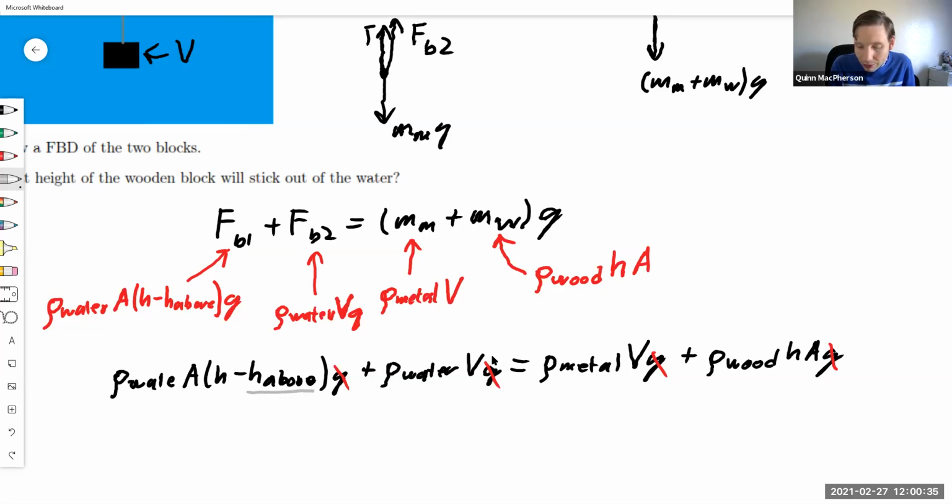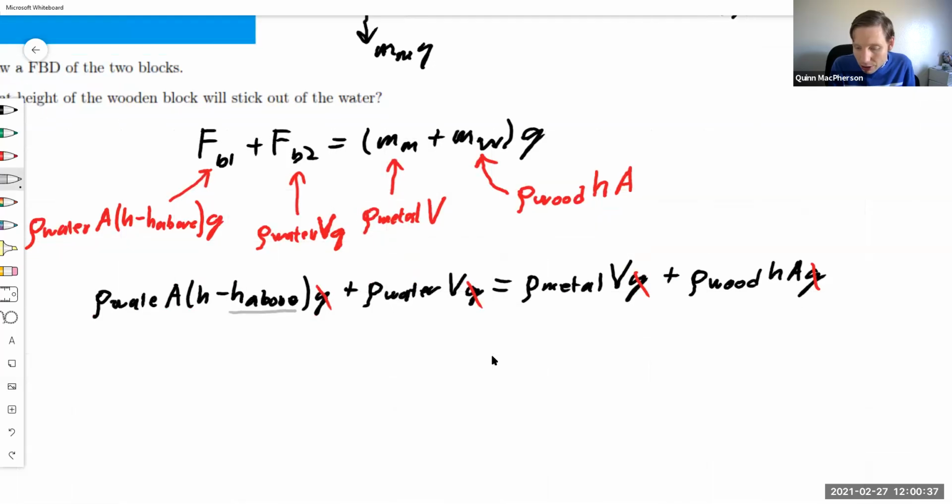So let's first move this term to the other side. Actually, why don't we put it between the two? Now we'll move it over there. That'll work. And then we'll divide by rho water A, because we want to solve for the h's there. Okay, so doing those two algebra steps in one, we get